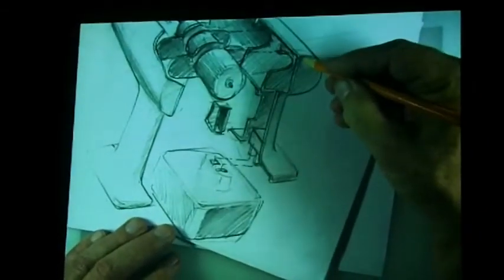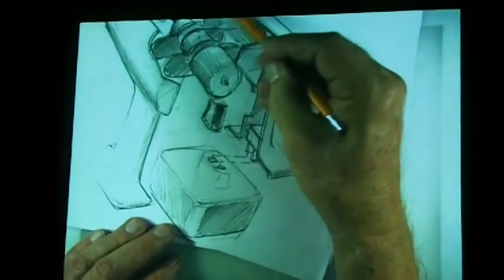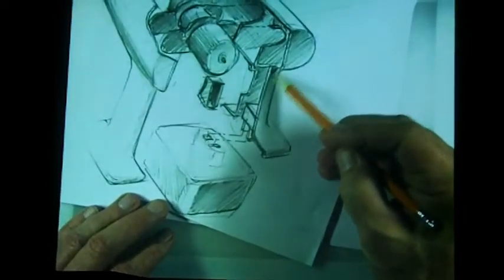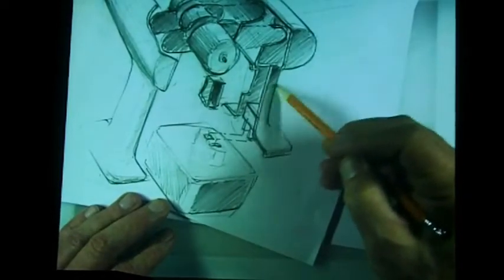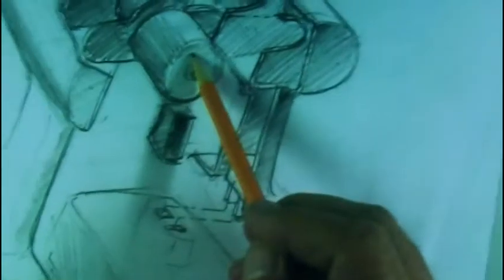the shading direction is the same here, here, here, here. This one should be the same. All the surfaces facing the same way, I'm shading the same way. I think. Maybe I screwed up. So this is the same, this is the same, this is the same, this, this. So,